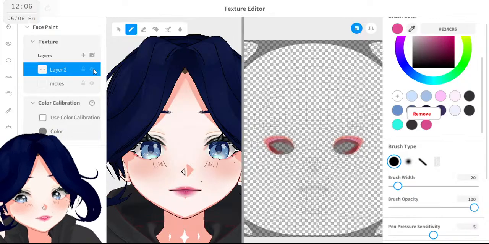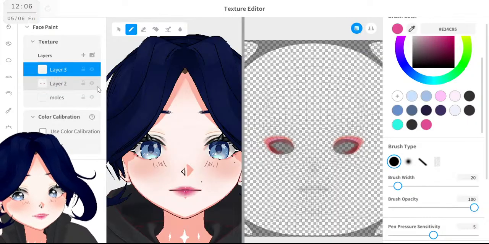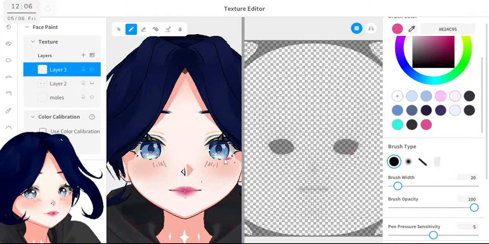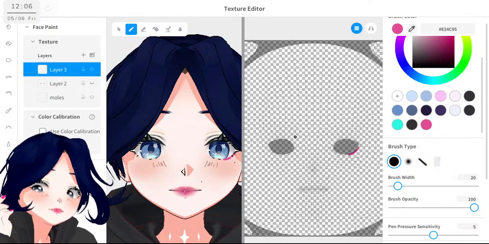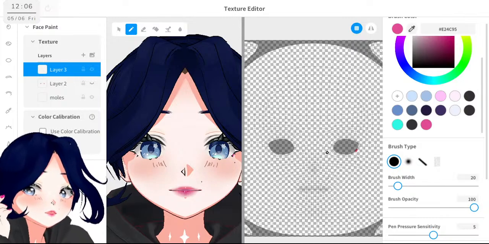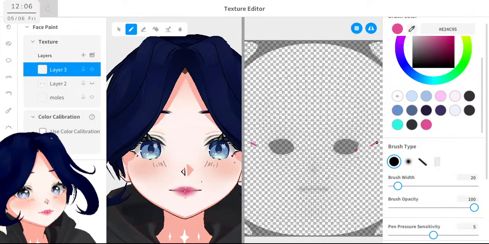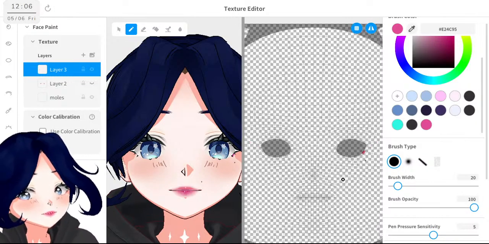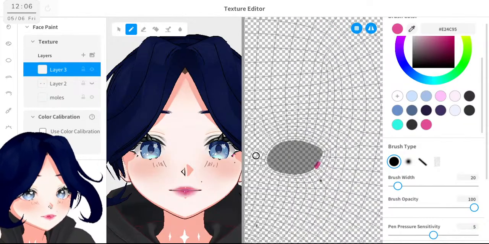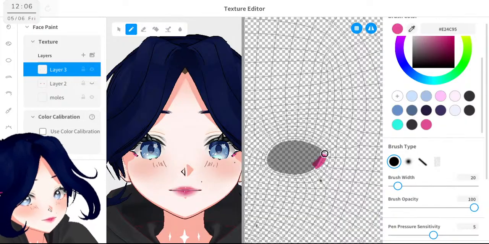So here, let me hide this one in case I mess up. Oh, I forgot to put the mirror thingy. All right. Here.